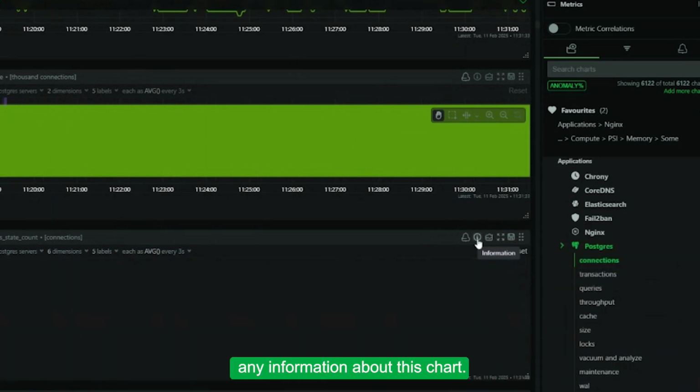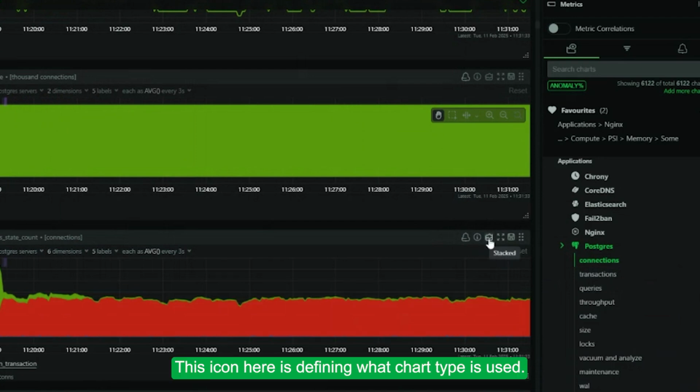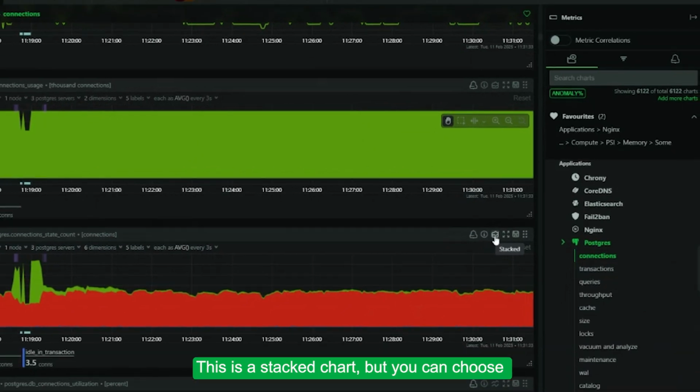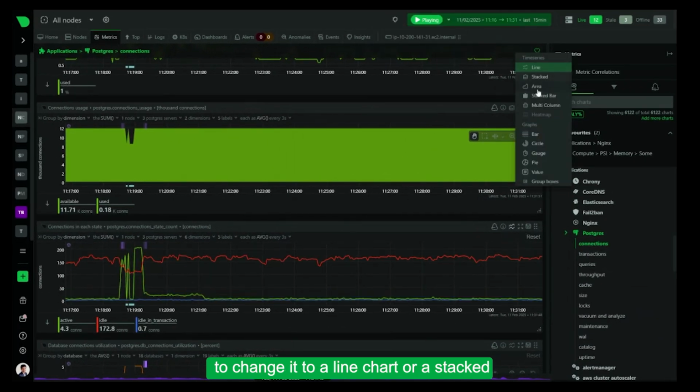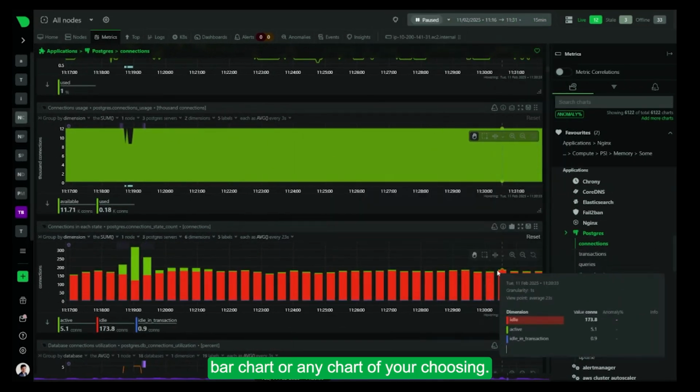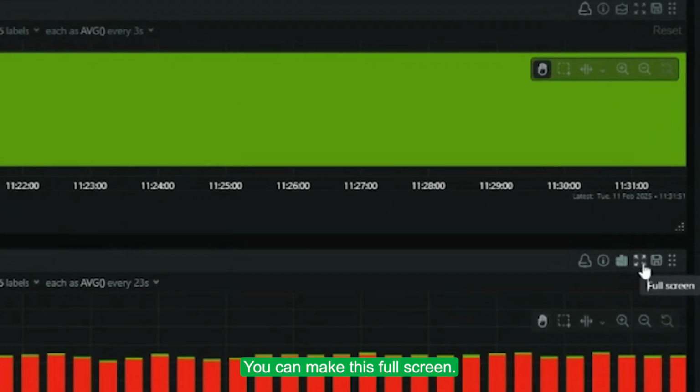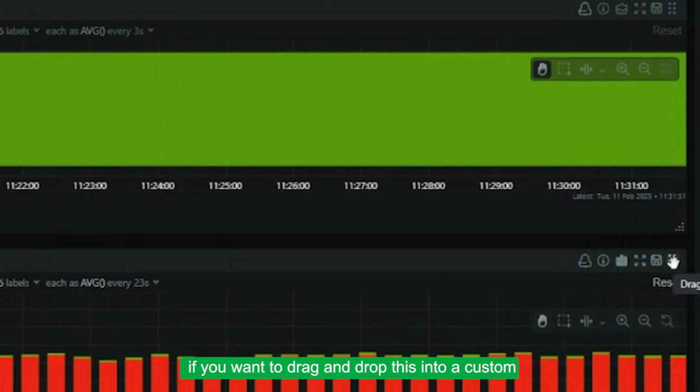The information icon just talks about any information about this chart. This icon here is defining what chart type is used. So this is a stacked chart, but you can choose to change it to a line chart or a stacked bar chart or any chart of your choosing. You can make this full screen. You can save the settings that you've done so far. And these 6 dots at the end here, this is if you want to drag and drop this into a